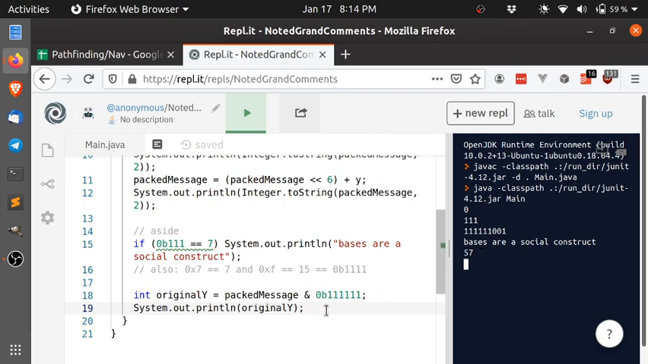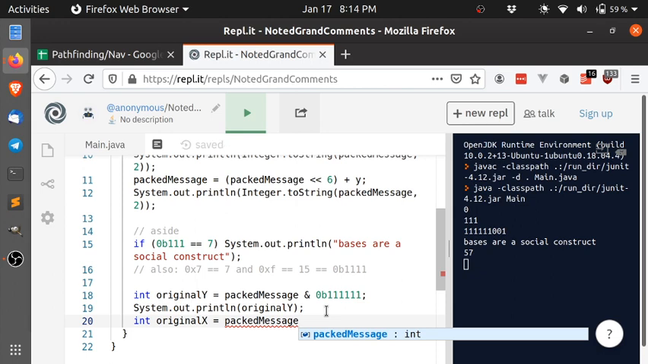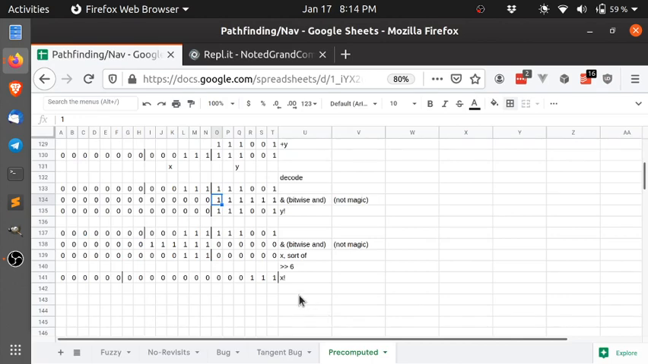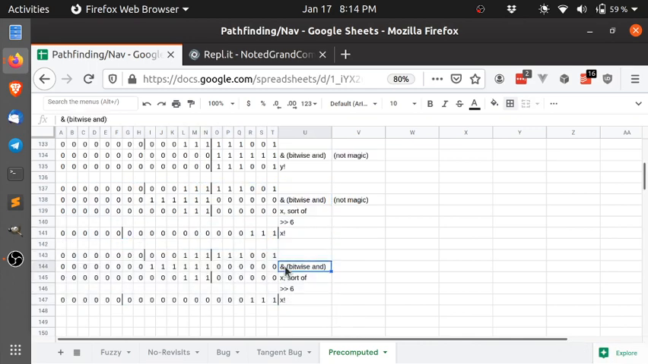Okay, so what about original x? That one was trickier, right? So int original x equals packed message. The first thing we know we need to do. Well, actually, there's a shortcut. Notice that if we had shifted left 6 first, I'm just going to copy this whole thing and show you the opposite example. So if we had done it in the opposite order, and we did this, then